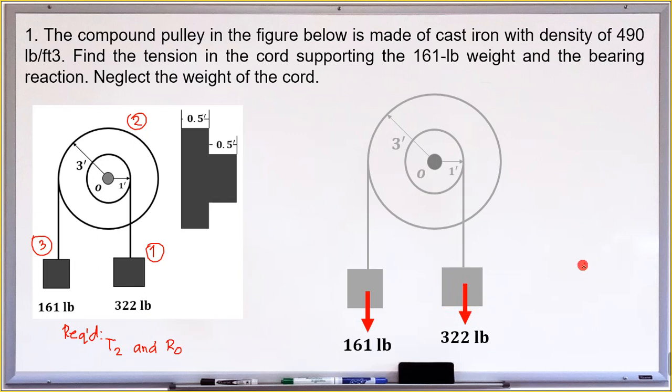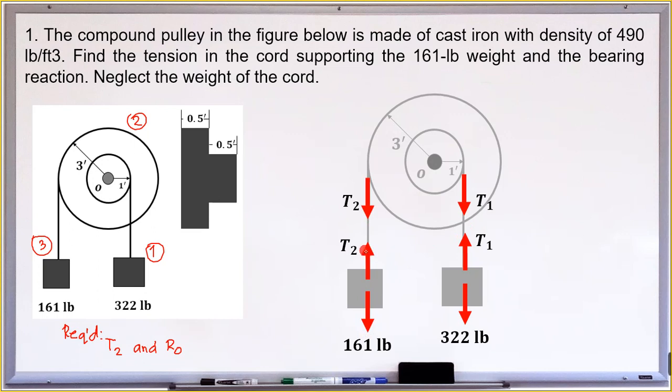Considering object number 1, since it is suspended by this rope, the rope exerts a tensile force, T1. And then for the left rope, it supports the 161-pound weight,